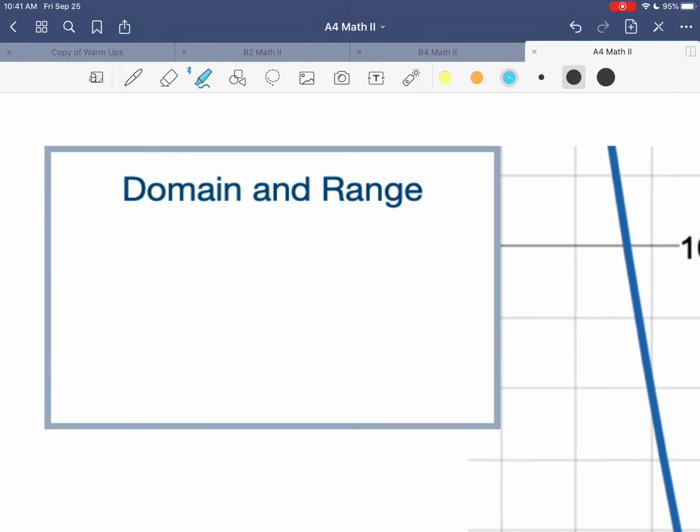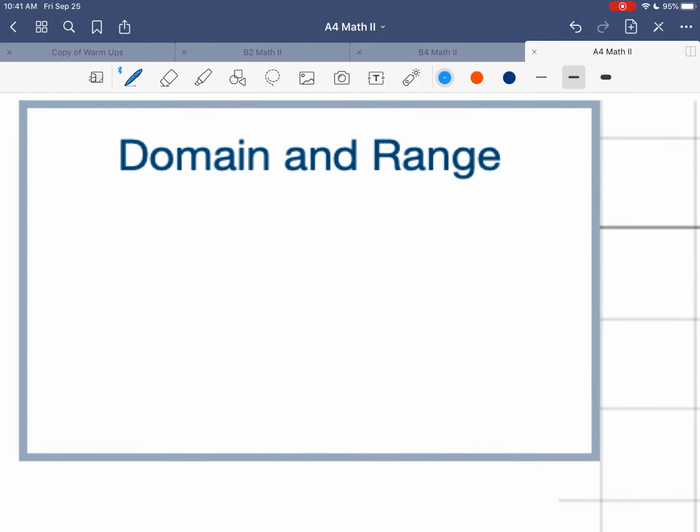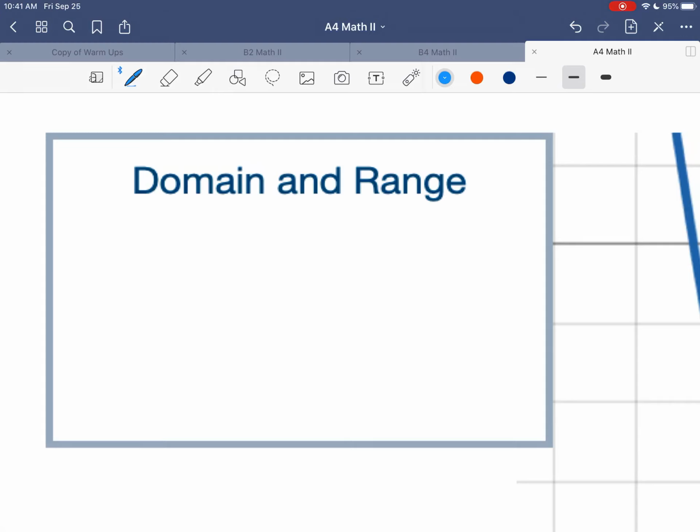So we're going to start over here with domain and range, and I realize in your notes this box is super small. I'm lucky again because I'm on an electronic device and I can zoom in really far, but if you need more space you can go out of the box. The domain and range is something that we often talk about with graphs. Remember that domain is the x values and range is the y values